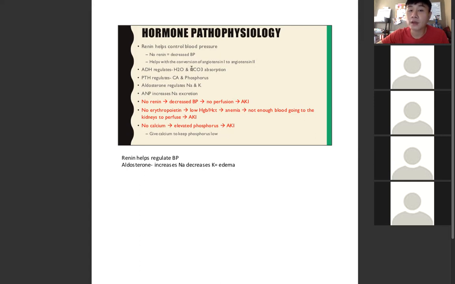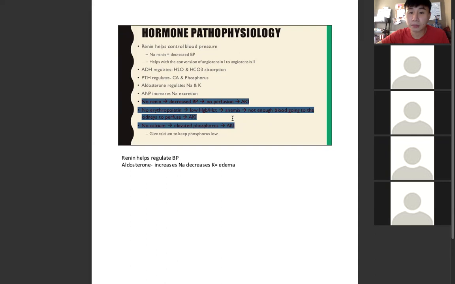Renin hormone helps with the conversion of angiotensin 1 to angiotensin 2. ADH, antidiuretic hormone, regulates water and bicarbonate absorption. PTH, parathyroid hormone, regulates calcium and phosphorus. Aldosterone regulates sodium and potassium. ANP increases sodium excretion. So I would suggest we focus on the thing in red, which is the